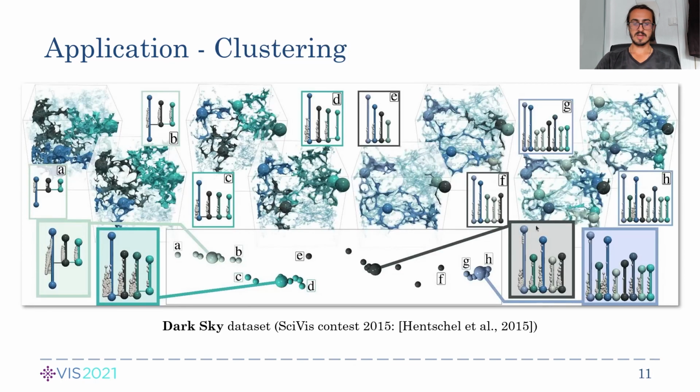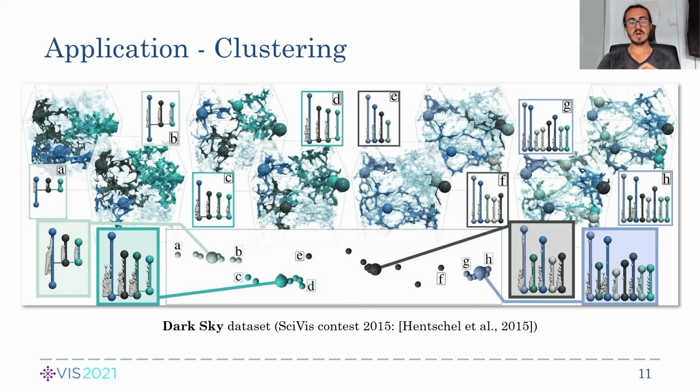Finally, we can use the clustering algorithm to see the main trends in the ensemble dataset. Here we use the Dark Sky dataset that represents the evolution of the concentration of dark matter of the universe over time. The algorithm correctly assigns the members to the right clusters given a ground truth classification. The computed centroids provide a visual summary of the main features of interest present in each cluster. Each feature in the centroid can be related to a feature in the data of the cluster using the matching.